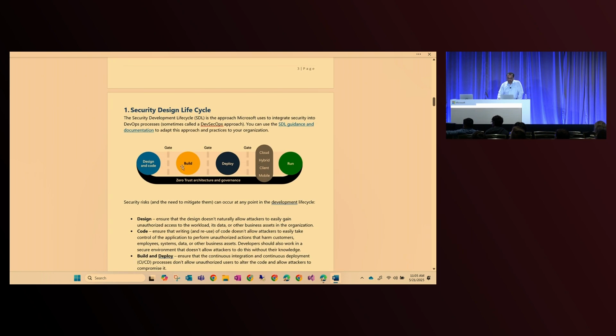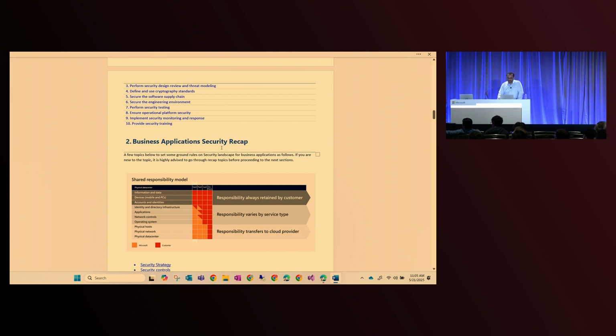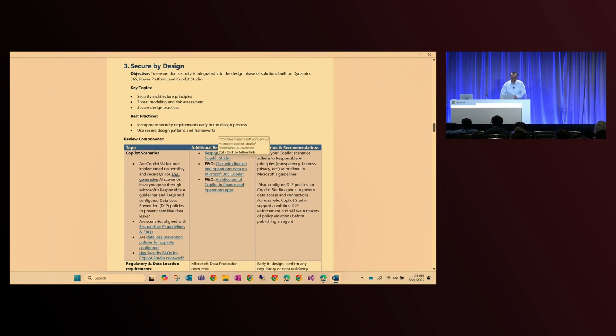But the other thing, before I show you this checklist, is we put some literature around the security design lifecycle, and it has guidelines on this as well, if you want to go through it in detail for a secure by design business application. The first area about secure by design is a kind of checklist. If you are collaborating, ideating with your team members or stakeholders, or for example in a security review, you can check marks and go through certain suggestions as well.